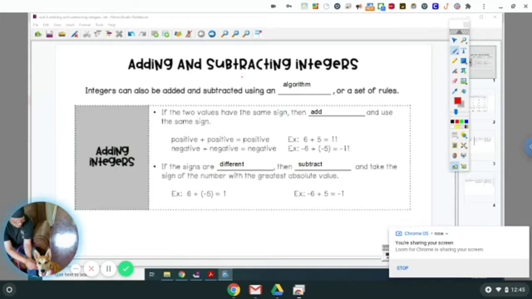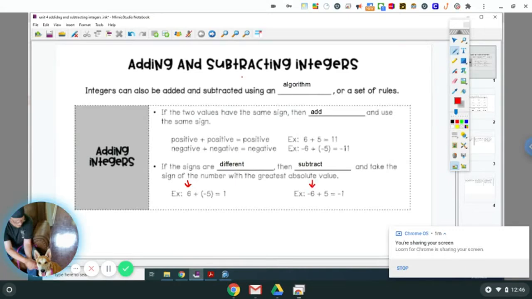So if you do 6 plus negative 5, this is a positive and that's a negative. So you actually subtract them. So 6 minus 5 is 1. It'd be a positive 1 because your 6 is bigger. This one, negative 6 plus 5, would equal negative 1. The reason it's negative 1 is because 6 minus 5 is 1 and your bigger absolute value is negative